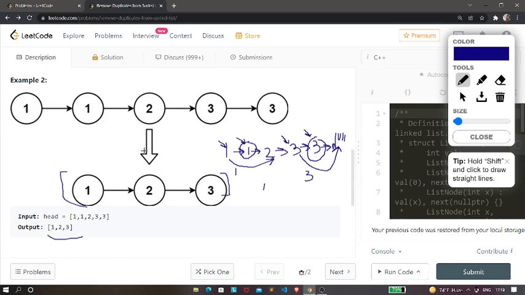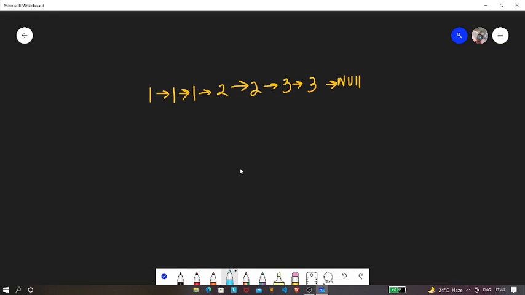So now let's see the algorithm for this problem. So let's consider this linked list. Now in this linked list, the number of 1s present is 3, right? As in this is 1, 2 and 3. The number of 2s present in this linked list is 2, right? As you can see over here, this is 2 and this is also 2.